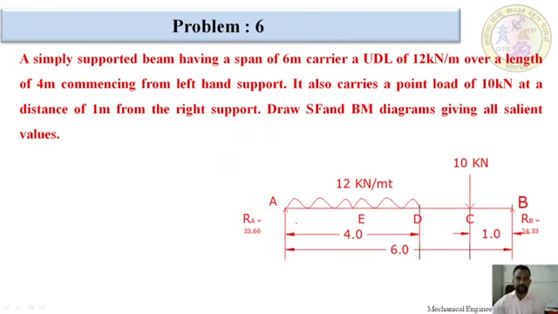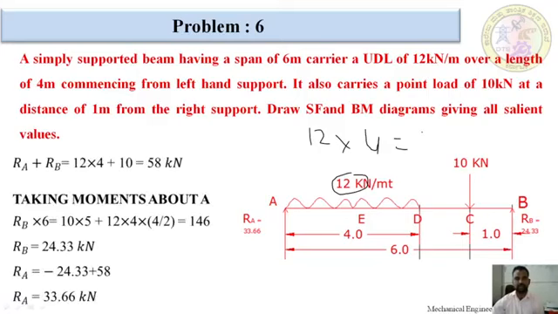Every time I am not going to tell you how we are supposed to calculate reactions. Okay, first assumption is very important: convert from UDL into point load. How much is the UDL? 12 into distance of UDL, which is 4. 12 into 4 is 48. 48 kilonewton, we have to assume that it is acting at the center of the UDL. This is for our convenience in the succeeding problem. We have converted this one.